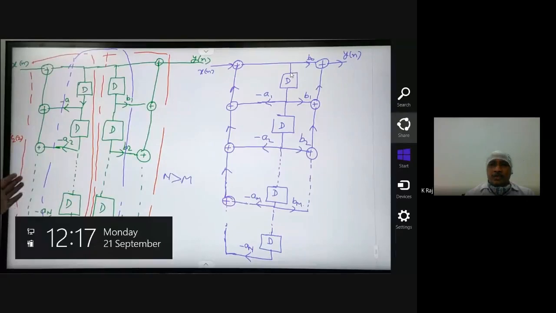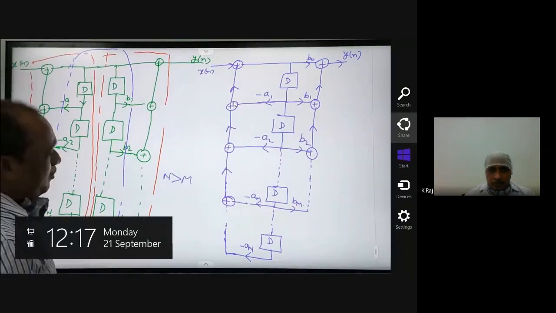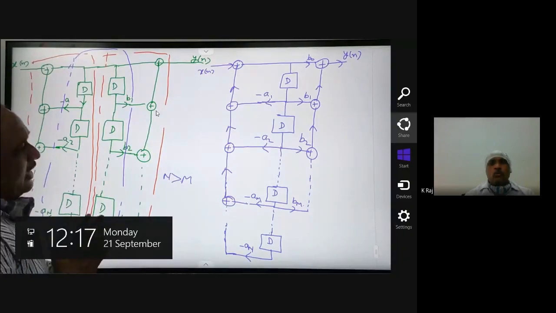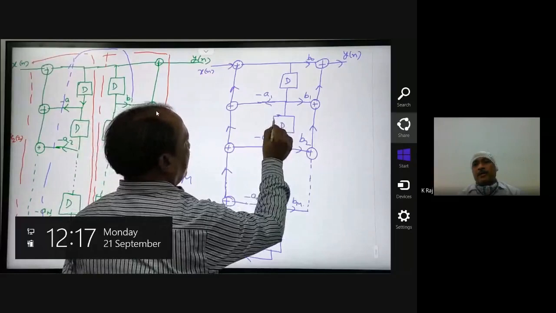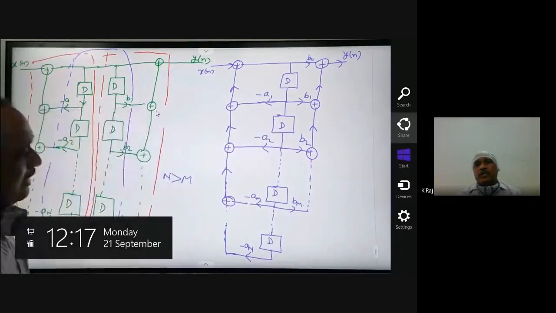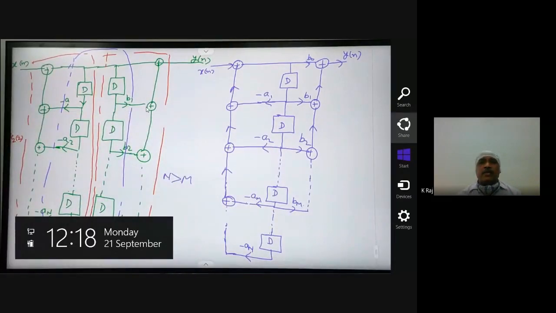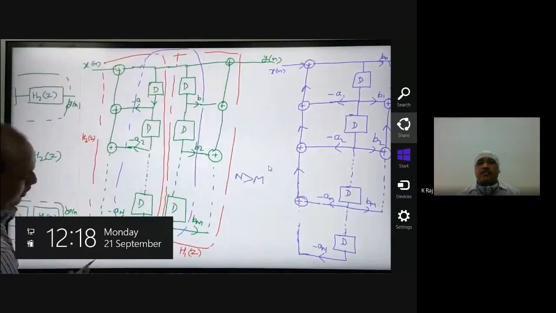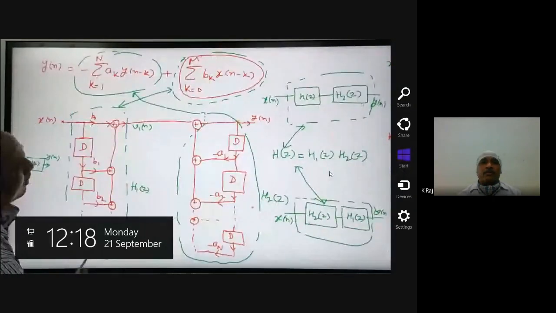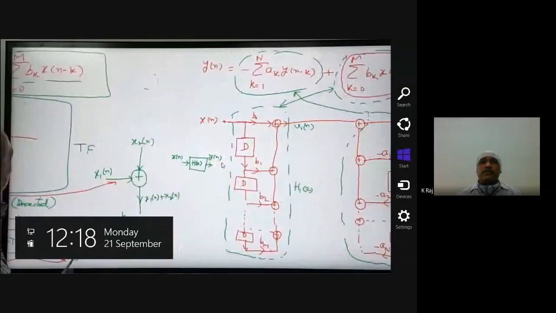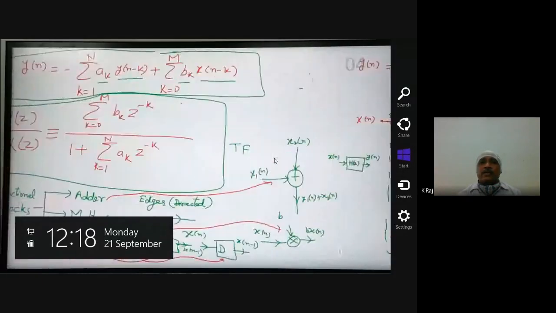Now in this one there is a series of delays, and we have derived two architectures here. The first one was derived directly from the equation, that's why it is named direct form 1, and we are getting the second one after some manipulation, that's why it will be named direct form 2. See here, this is the direct form 1. We have derived it directly from this equation.